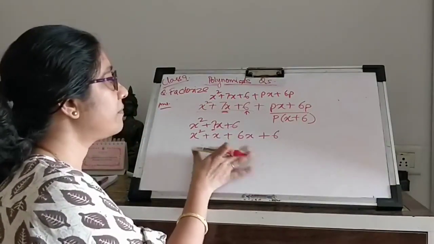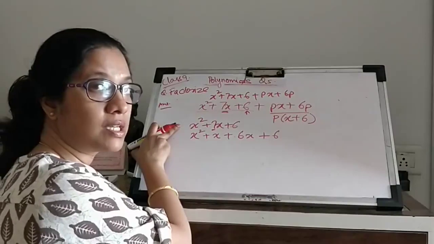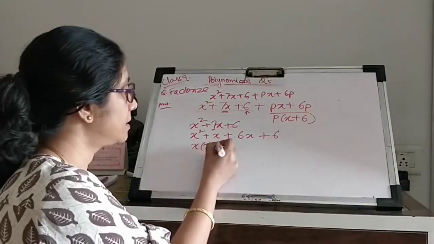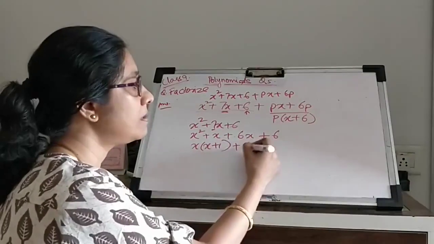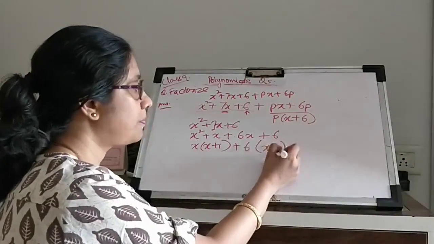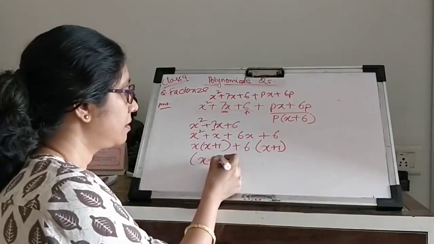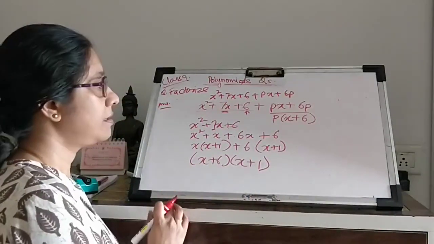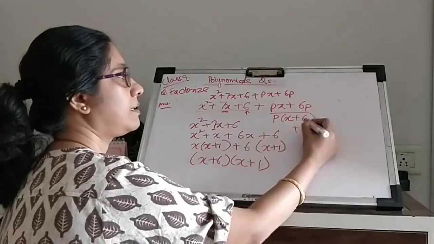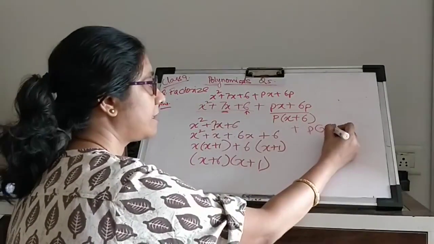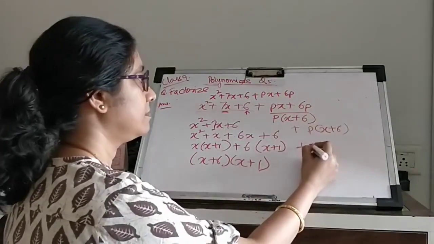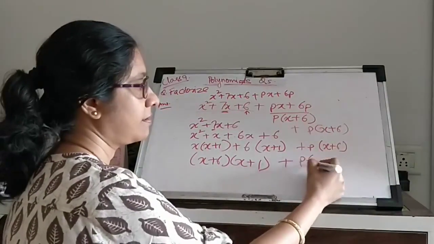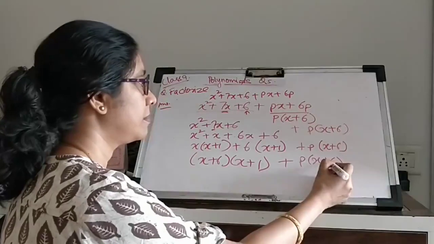So now that I have broken this 3-term polynomial into a 4-term polynomial, all I need to do is simply take out the common from each part, and this is what I have, right? Oh, I should have carried down all of these together. So this is what I get.